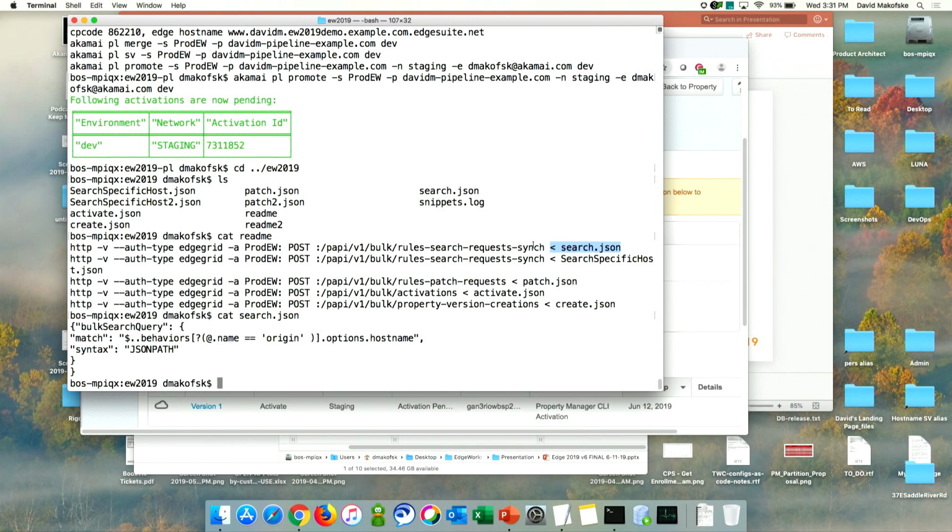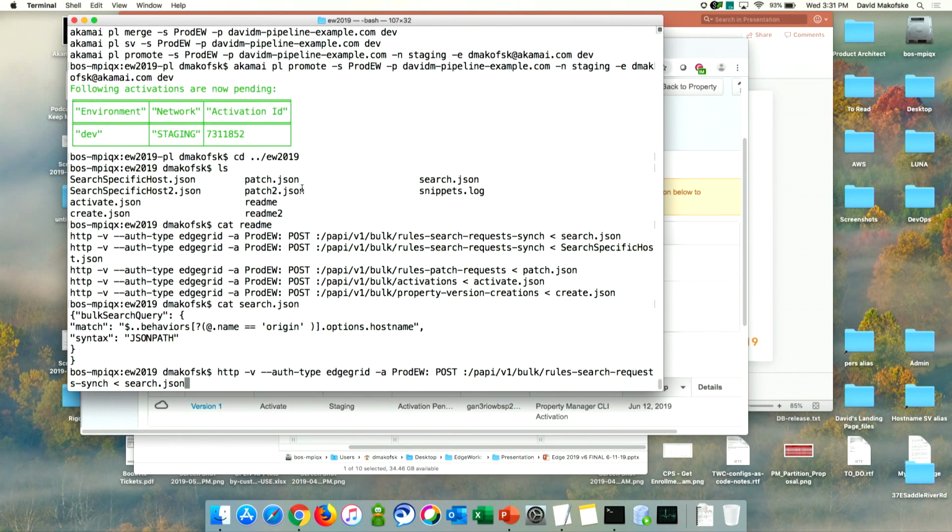And so let's execute that. I'm using something called HTTPie, which is available with the EdgeGrid plugin on developer.akamai.com. Basically, this is just a way to issue HTTP requests, and it takes the auth type and the credentials right here. So I'm basically doing a POST to this PAPI endpoint, and I'm going to take this input,